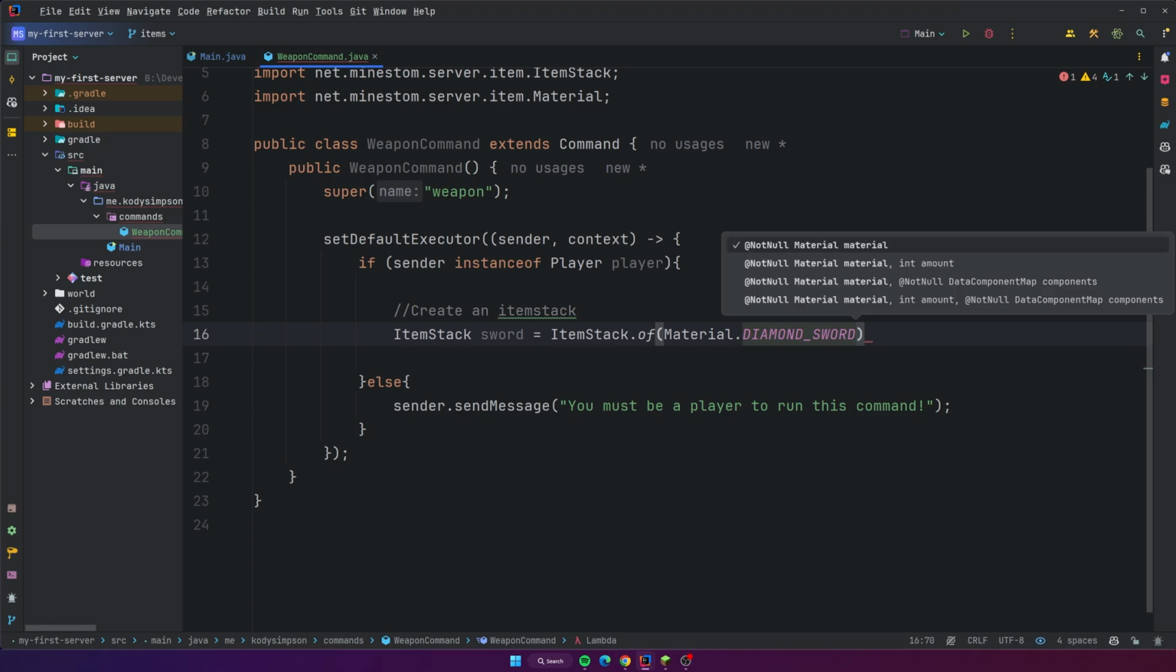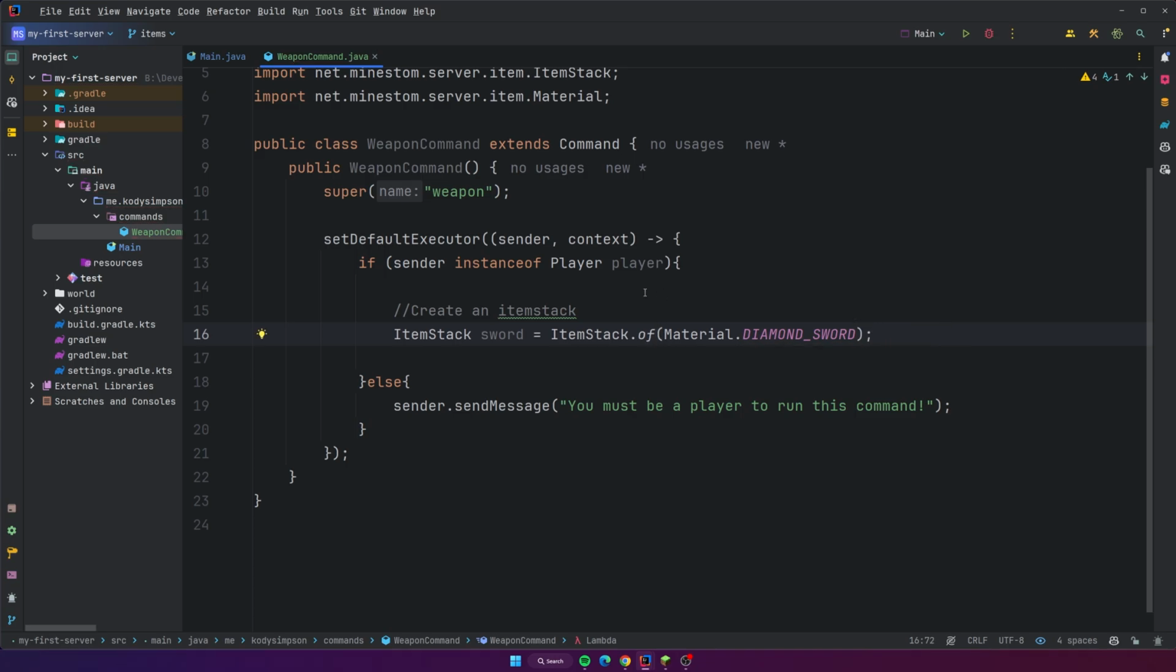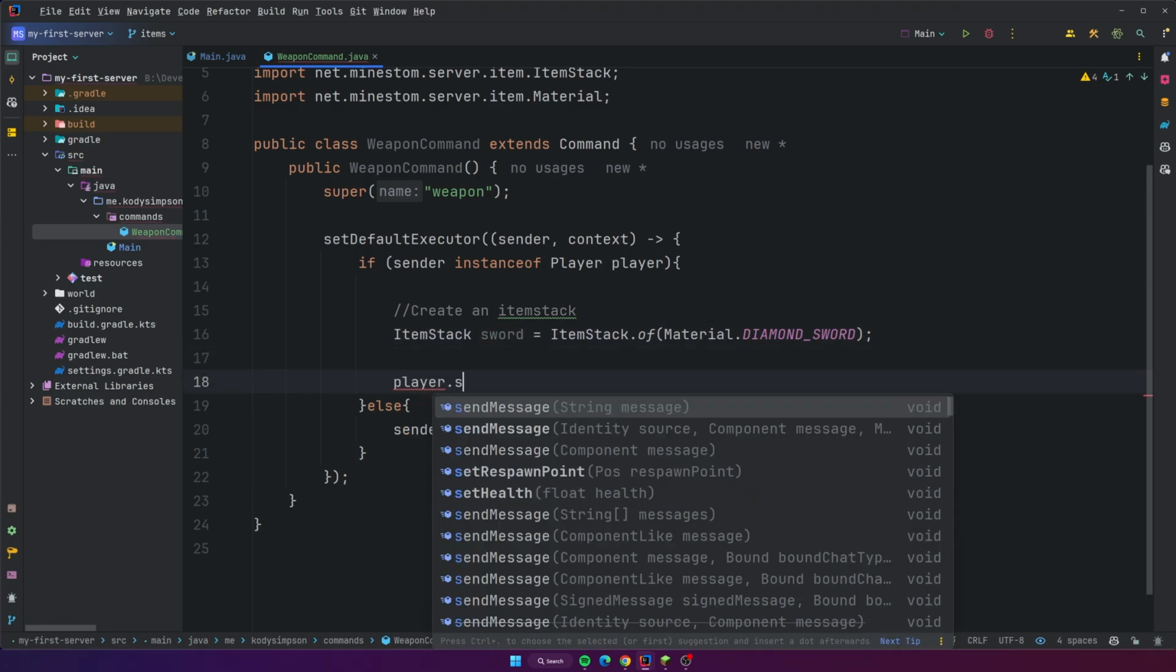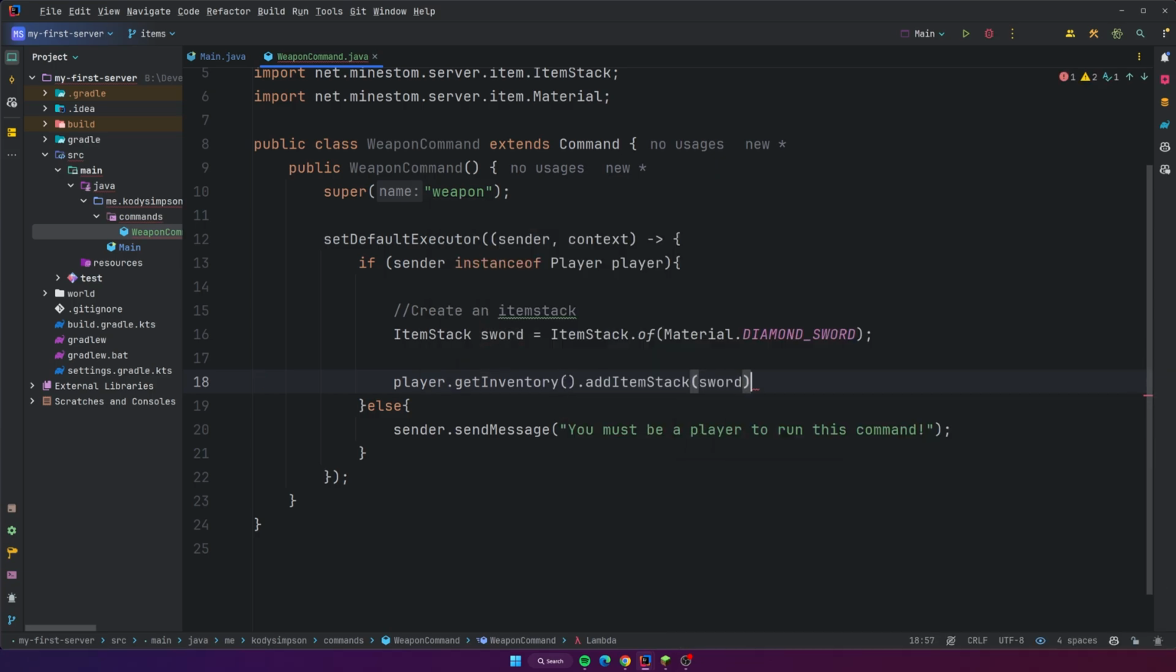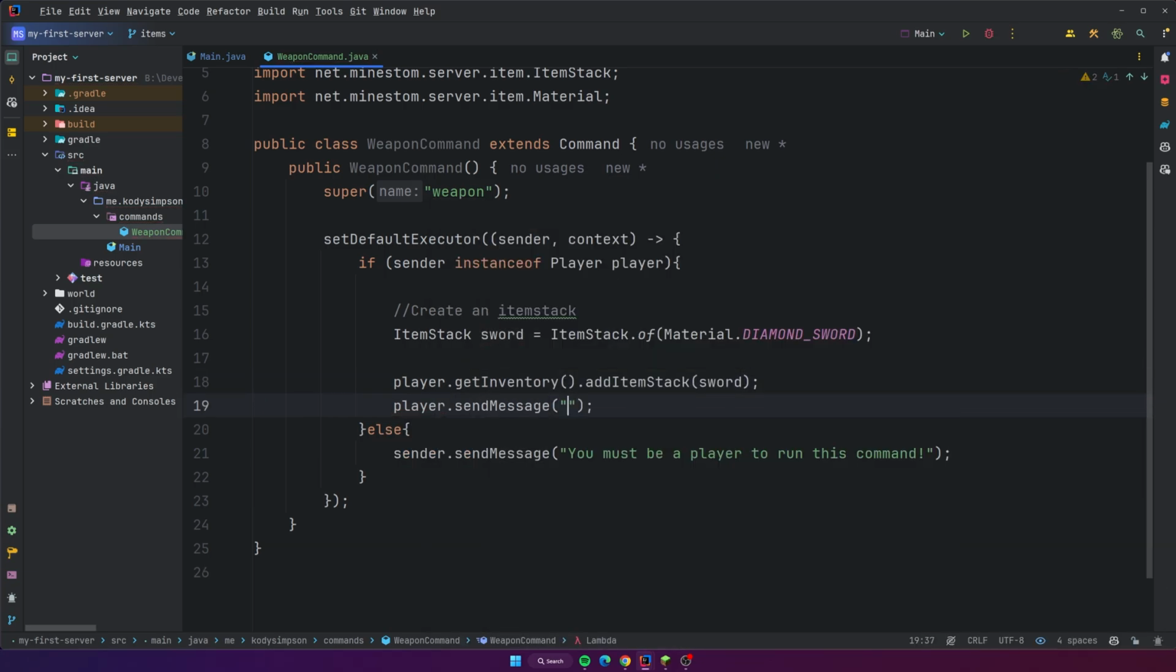That easy. And if you want to, you can also specify an amount when you're doing an item. So you could say 3 or 1. 1 is the default, so you don't need to put 1 if you don't want to, but that's how you can specify the amount of an item. And that's the most basic bare bones way to create an item. So now that we have our item stack, we can add it to the player's inventory by doing player.get inventory.add item stack and then pass in the sword. And then we'll just send the player a message saying a weapon has been added